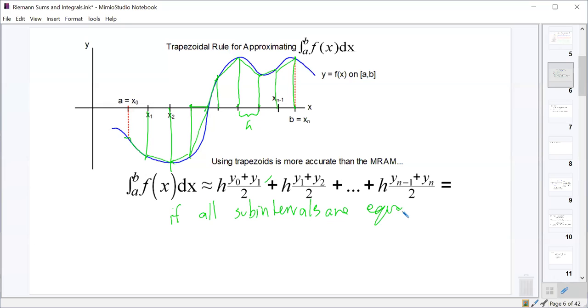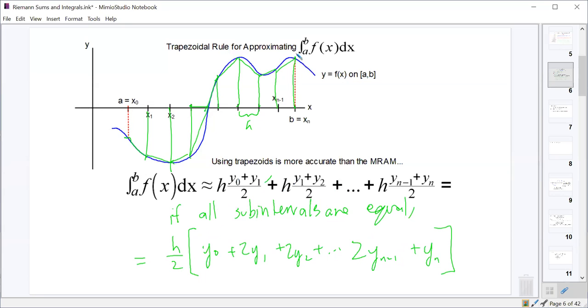So if all the subintervals are equal, this will equal h over 2 times y0 plus y1 plus another y1, so plus 2y1, plus y2 plus another y2, so plus 2y2, and so on until you get to 2y sub n minus 1, but then at the end we only have just one single y